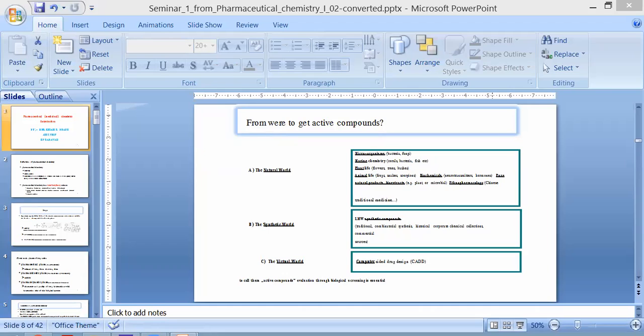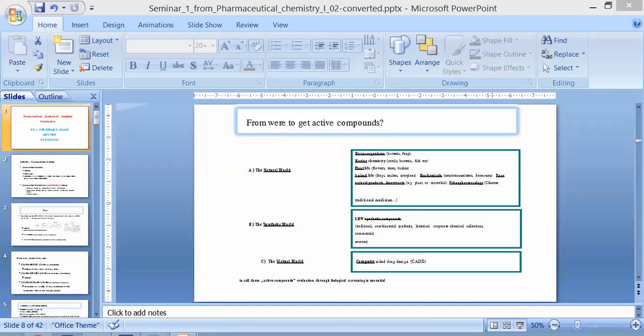Now, what is yield? How are we going to synthesize the drug molecules in the lab? Some synthetic syntheses we have done in the laboratory. But if, through the traditional procedure, we get a low yield of the compound, then we have to optimize the synthetic procedure in order to obtain a better yield of the product, in order to obtain more mass production of the drug molecule.